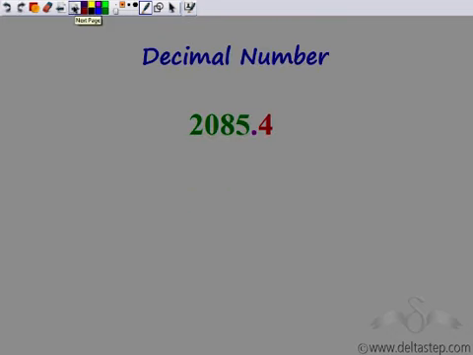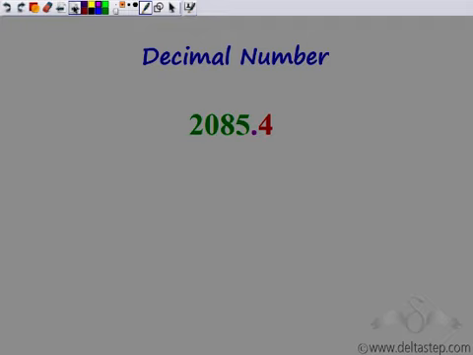Now let's come to decimal numbers. We've seen fractions can be represented by decimal numbers. In fact, any rational number can be represented by a decimal number. So decimal numbers are used to represent rational numbers and put them in our base 10 number system. Rational numbers include both integers and fractions. That means the decimal number that represents a rational number should have both the integer and fraction.